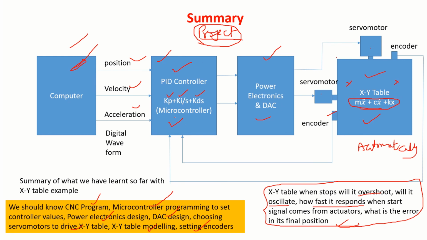Then learn how to simulate the controller, generate the code and dump the code onto this, then connect it to a computer. If you can write a program, then it is possible to realize what you understand. Then you go on varying these values of Kp, Ki, Kd, and you can study how exactly the system behaves. Okay, so with this, let me stop the time domain analysis.